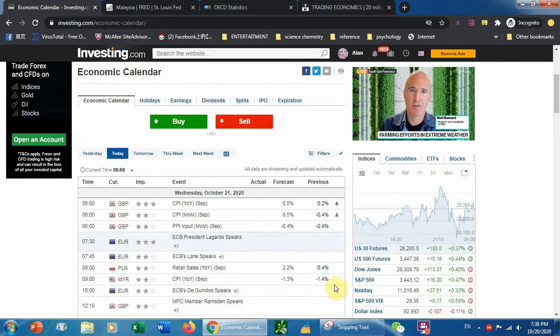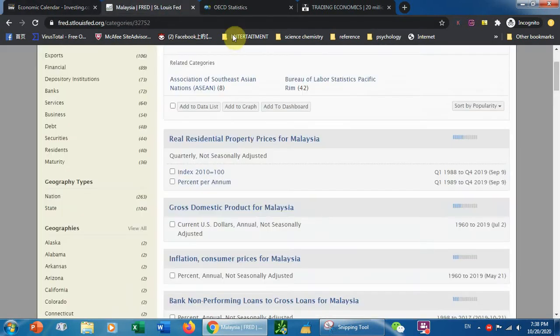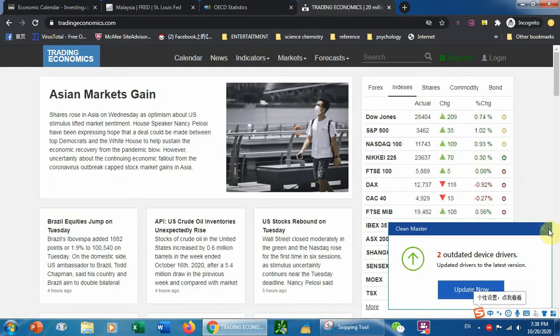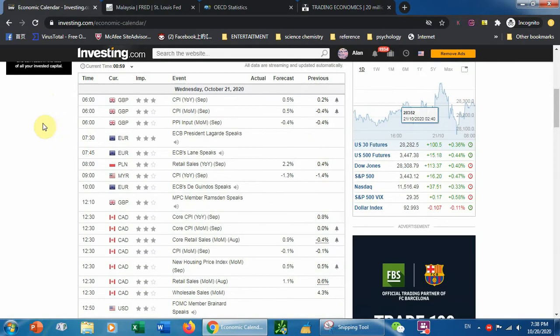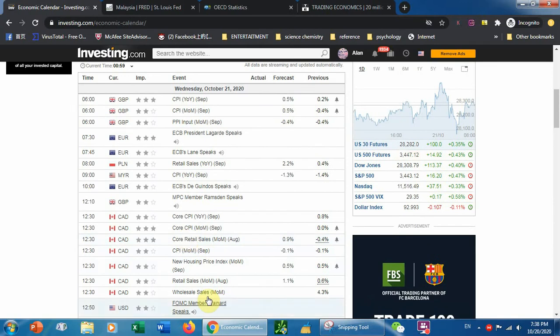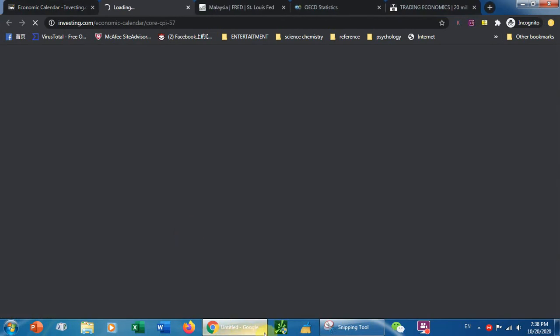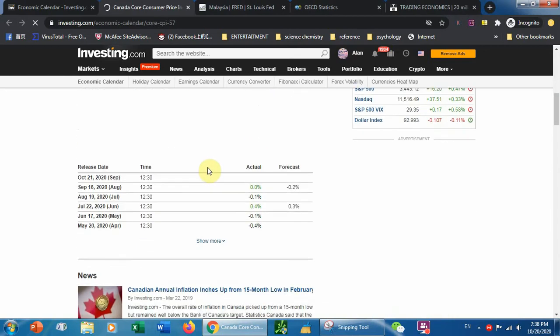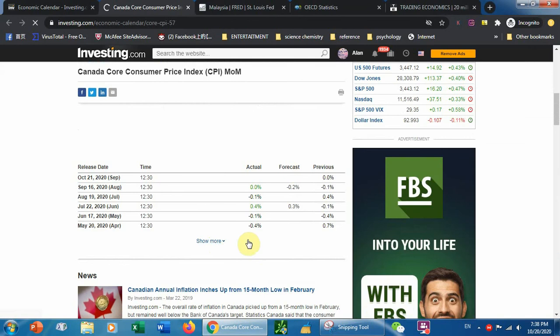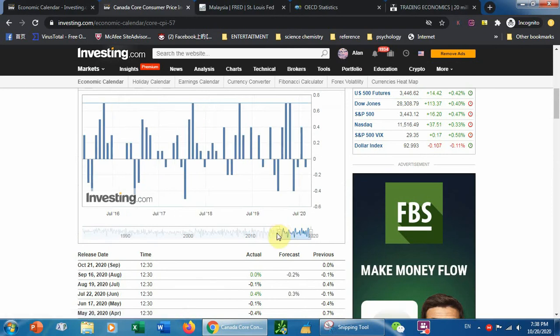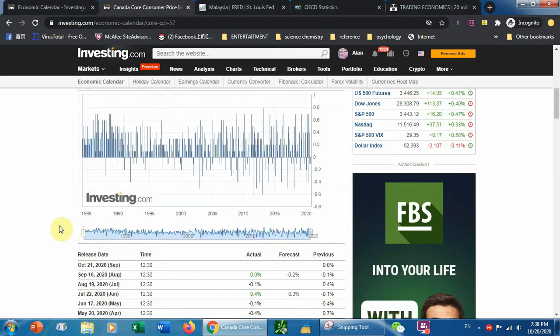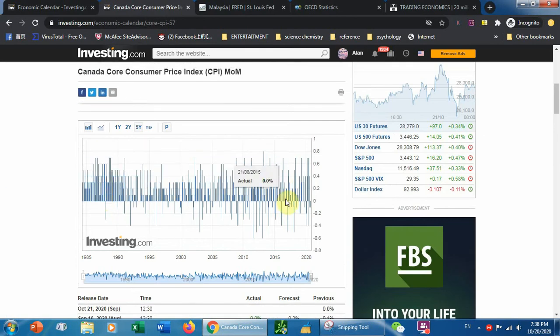And here's the thing, if you don't want to go through this website, or you don't want to pay to subscribe to this website, what you can do is come to the economic calendar and click on the indicator or the economic data that you want to analyze. Just click it, for example, and it will show you some of the historical data. The data will not be as complete as on other websites, because there is a limited